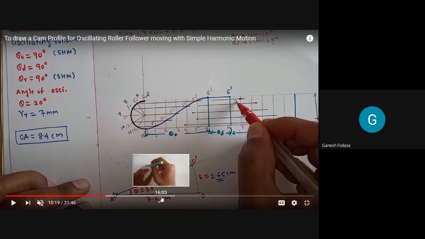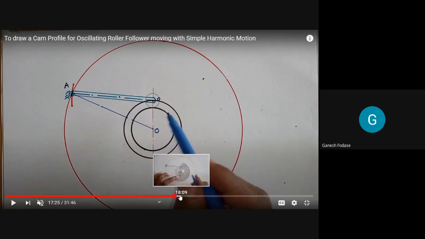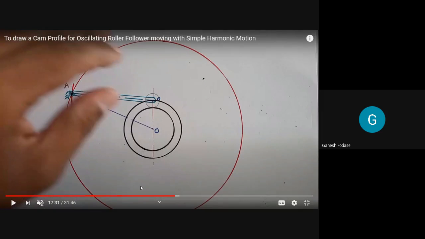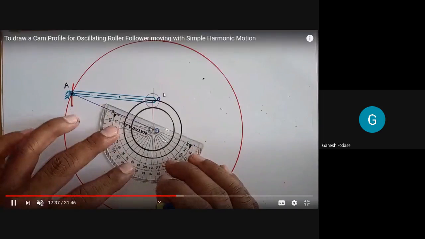Now in the cam profile, I have explained up to here. After this, you can see this OA. OA represents the distance between cam center and fulcrum center. And this first position, let's say O, or you can say O dash, represents the fulcrum length, or the distance between fulcrum and roller center. Now I will show you the video. After getting these distances, marking OA, that is this arm, and then marking the roller center and